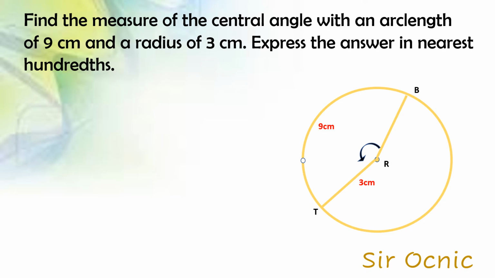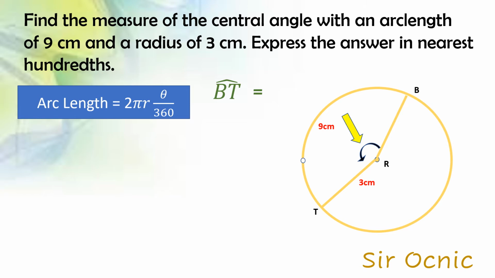Find the measure of the central angle with an arc length of 9 centimeters and a radius of 3 centimeters. Express the answer in nearest hundredths. In this problem, we will identify the measure of the central angle TRB. The given facts are arc BT with a measure of 9 centimeters and radius RT with a measure of 3